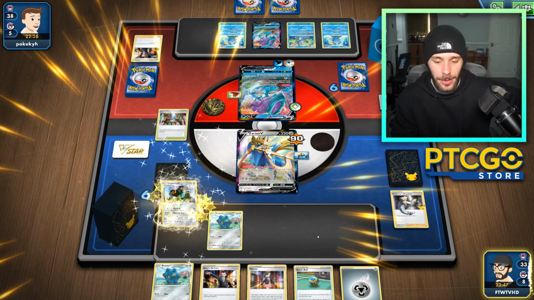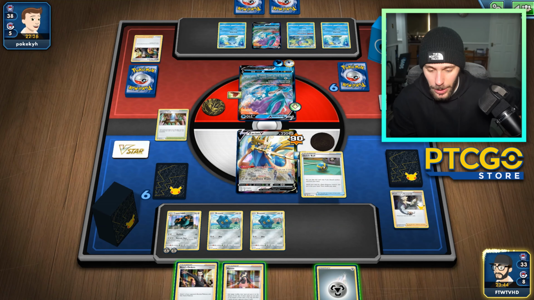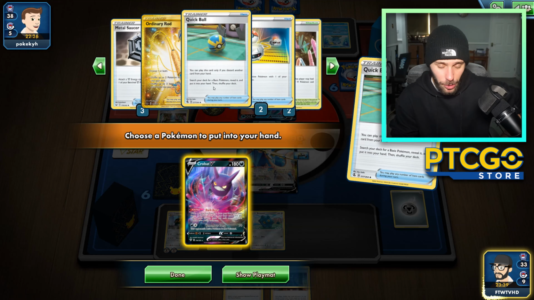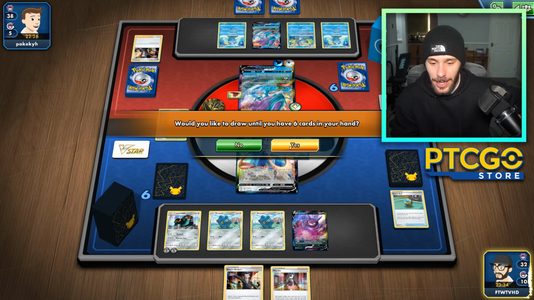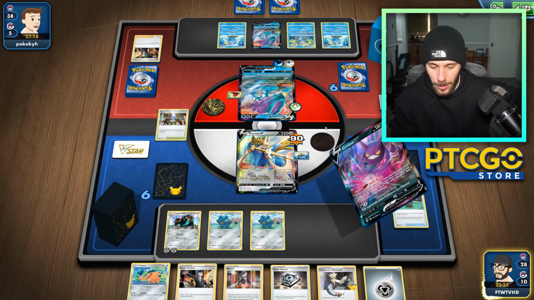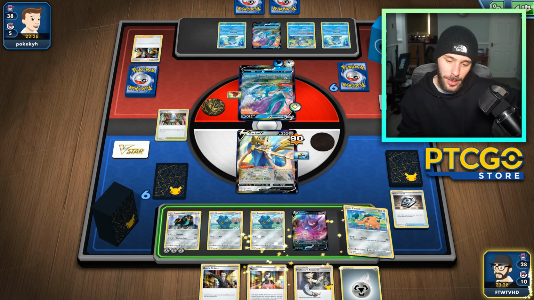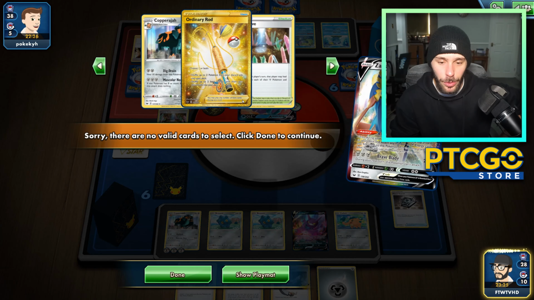Okay. There's options. We're going to go get rid of the energy, and we're going to find a Crobat. Now, we just need a Metal Saucer and a Switch. Or at least a Switch. I am not leaving that Zacian in the active, especially with all this. Oh, you're so close to hitting that combo. Bro. All right, at least look, this Zacian's going down, but I'm going to use Intrepid Sword just to draw some